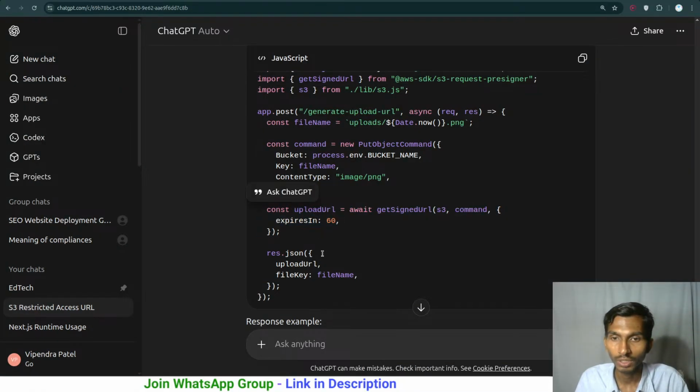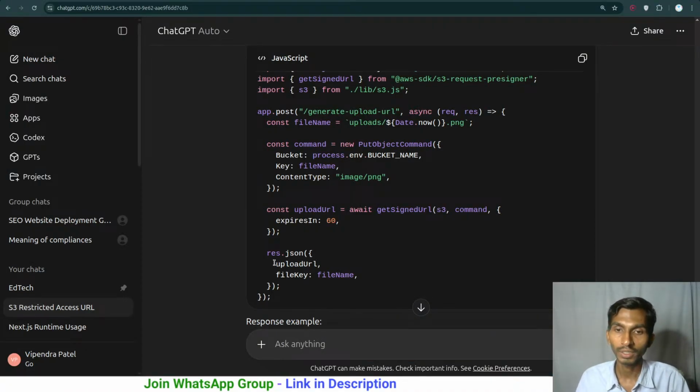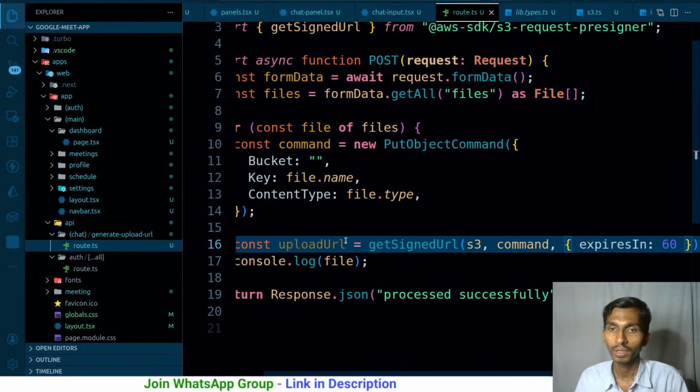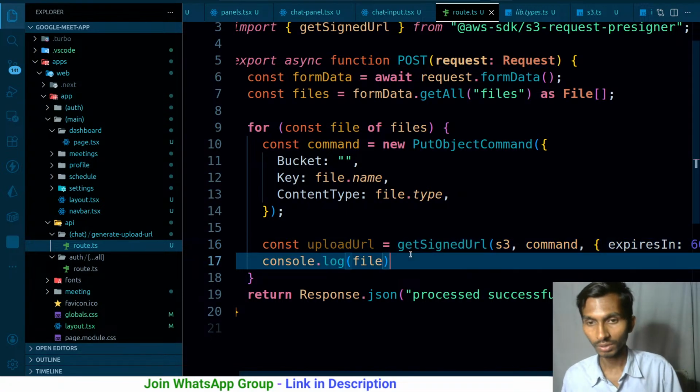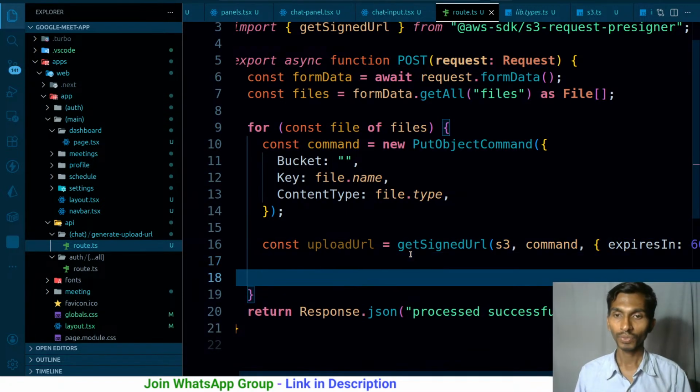It has given me these many commands, and from here I will be getting the upload URL and file key. And what do I have to do here? Once I got this, I already have the file key here. File key is nothing but the file name. So once I have this,